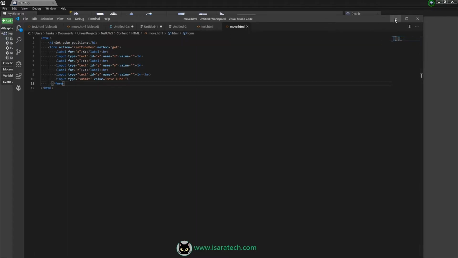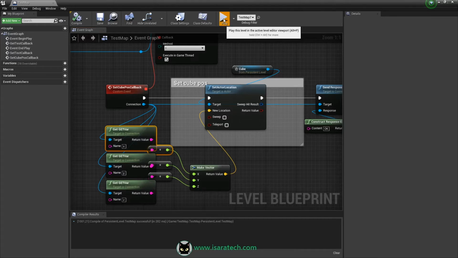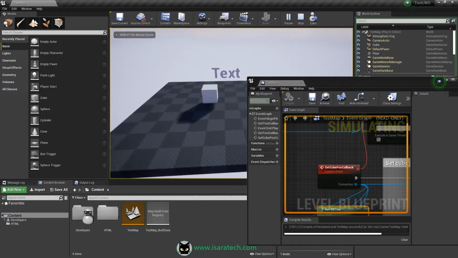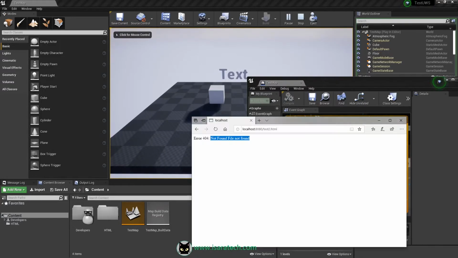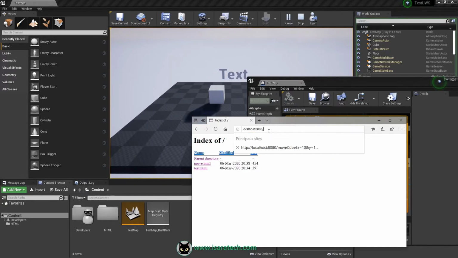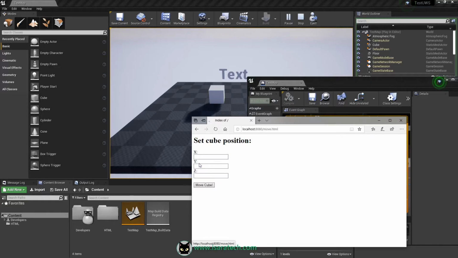Let's try it. Let's watch the cube and let's open it. By default, if you access the slash endpoint, we will see all the files present in this folder. So we have test.html and my move.html.